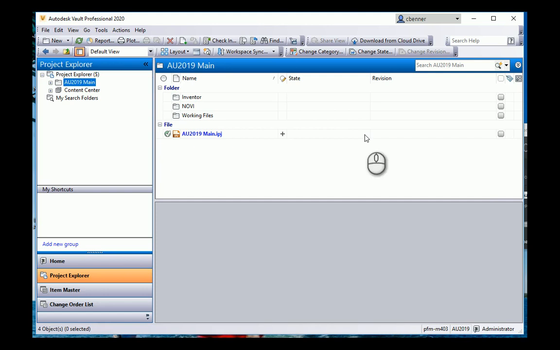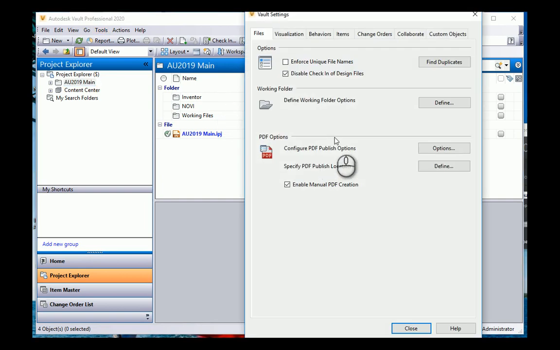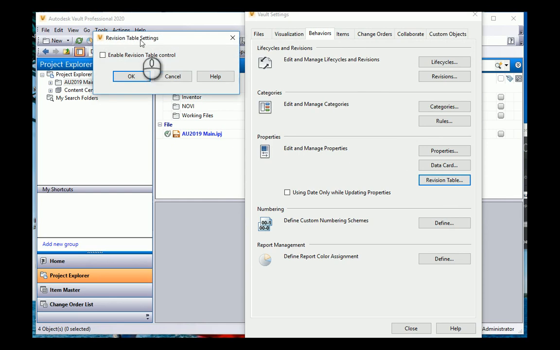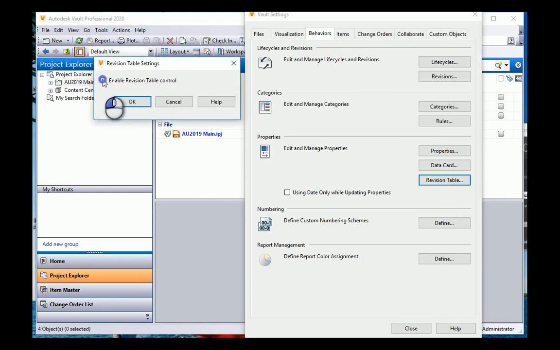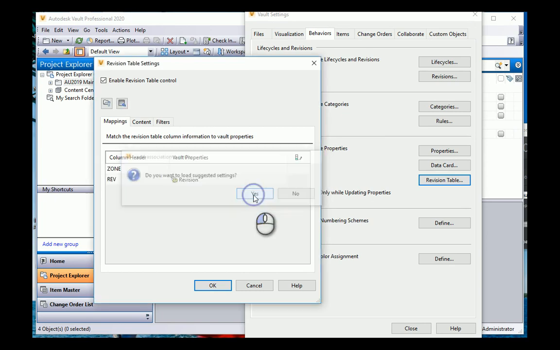In this video, I'm going to show you how to enable the Vault revision table and set up the columns and properties that you want to use for that. So we're going to go to Tools, Administration, Vault Settings, Behaviors tab, and Revision table. And the first thing we have to do is tell it we do want to use this. So we're going to enable Vault revision table control,